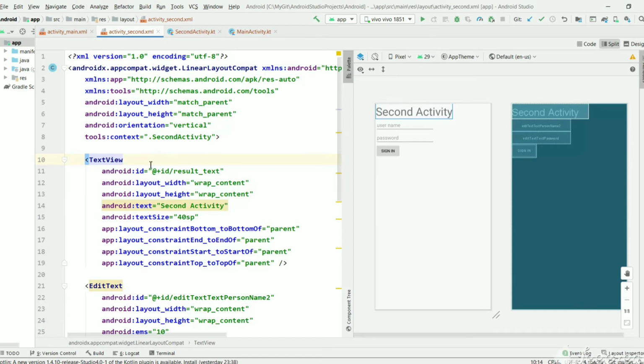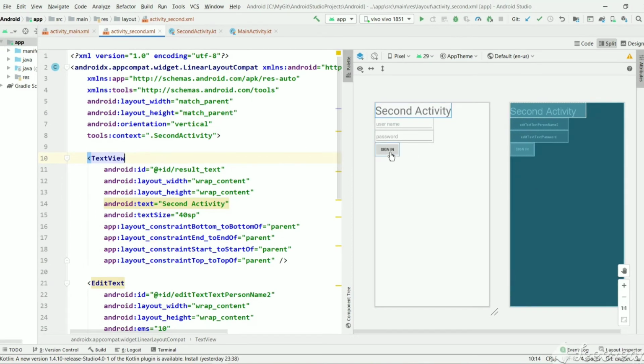So now let's improve this UI design. Here the sign in button is on the left side, and the username text is starting from the left side, and the password text is starting from the left side. We want all these elements to be centered. If you want to apply any attribute to all these elements you need to mention it in the parent layout.